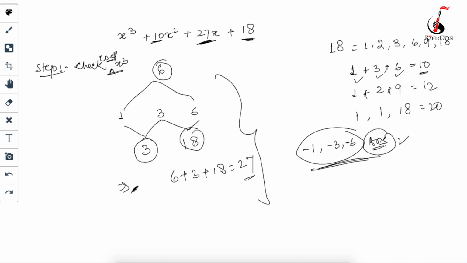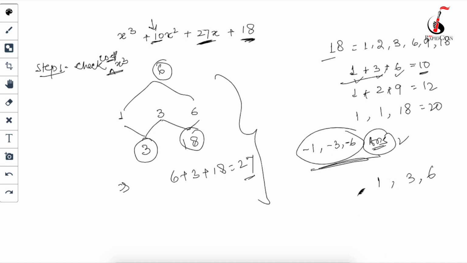So I'm going to repeat again. What you will have to do? First, check that the coefficient of x cube is equal to 1. Second, find the factors of your d, means your constant term. After finding the factors, you will have to find 3 terms from those factors whose sum is equal to your b, b meaning the coefficient of x square. You can see here I got 1, 3, 6. These are the 3 factors of 18 whose sum is equal to 10. So what you will have to do? Simply put the negative sign.